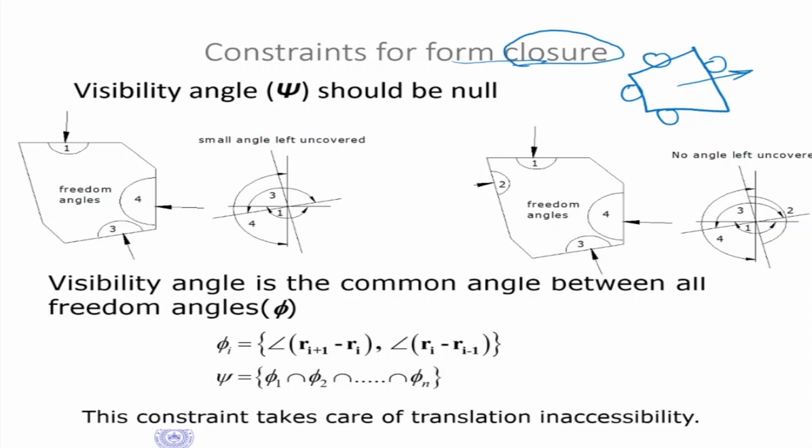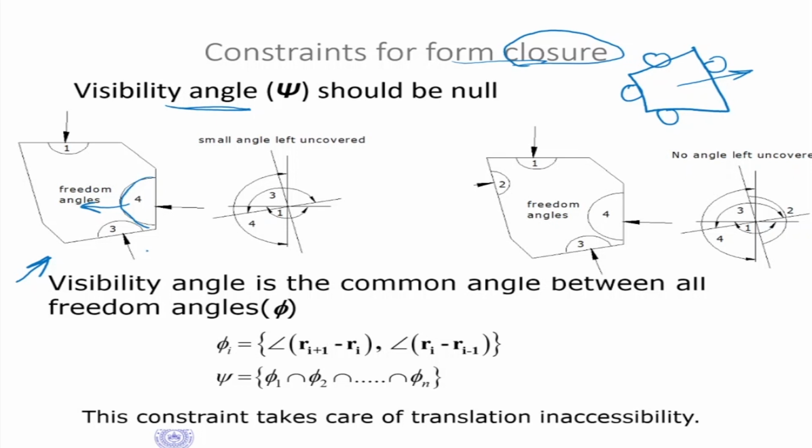So we talk about the concept of visibility angle or freedom angle, and it's very simple to understand. If you have an object here, let's look at this figure, and you place a fingertip or a mobile robot there, there's a normal force here, and this surface is flat. So the object cannot move in this direction, but can move in that direction. So if you place a finger, there is the concept of freedom angle. Freedom angle means the direction in which it can move. Now, what is the freedom angle? It is this angle. This object can move in that direction fully.